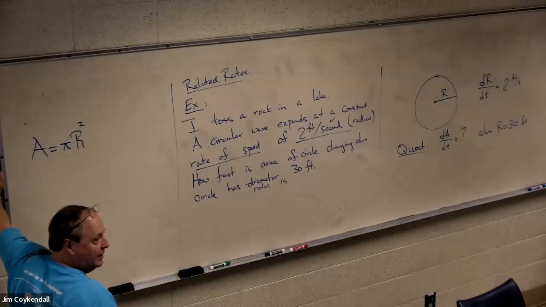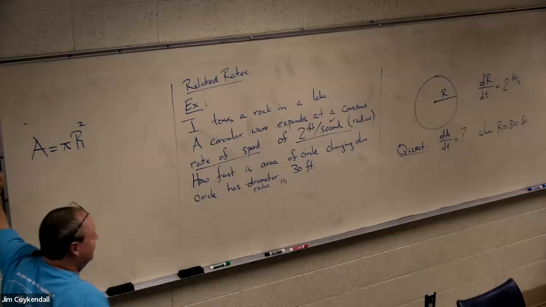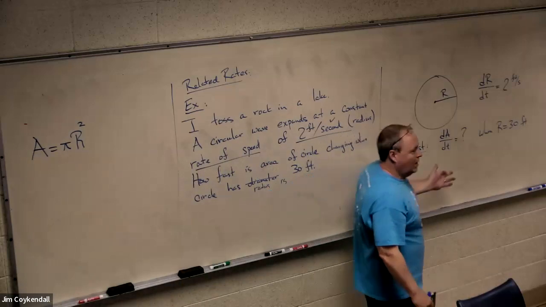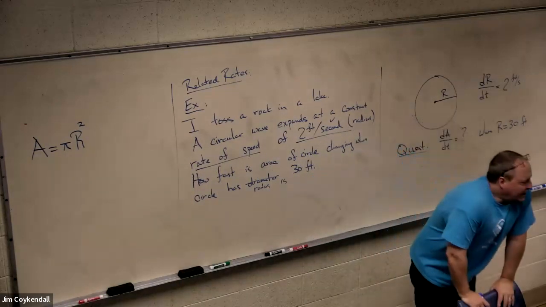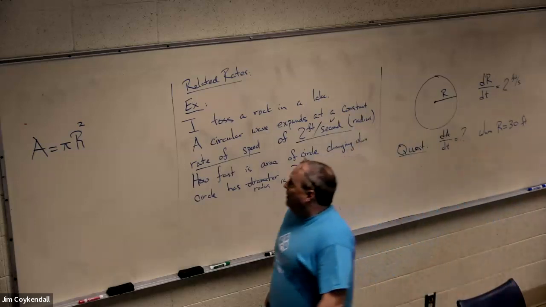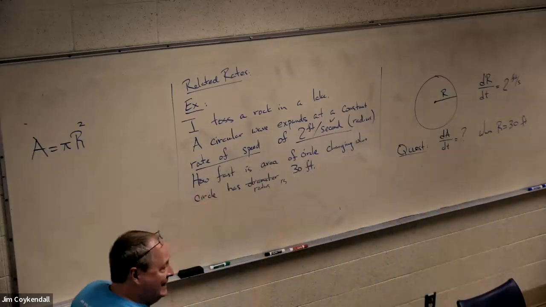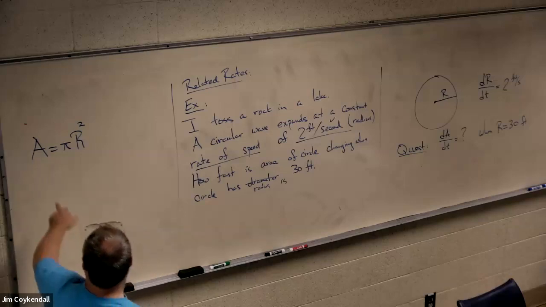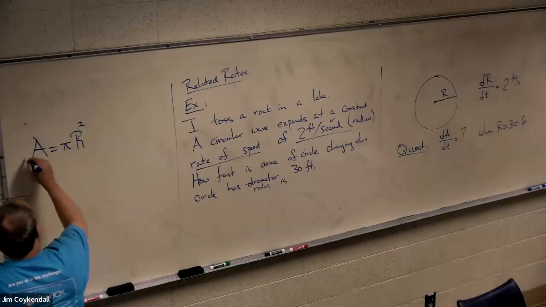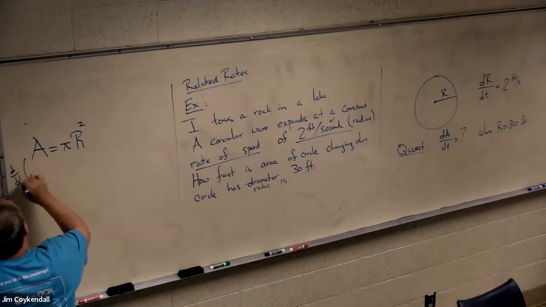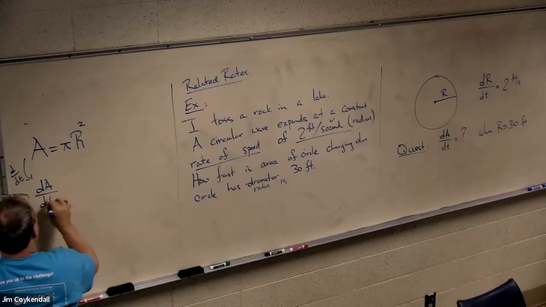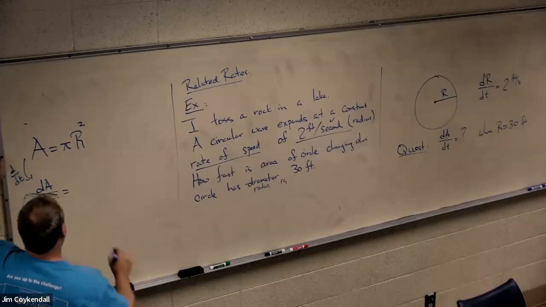There you go. This gives me a crucial equation. Now, I don't exactly want A, what do I want? Well, my quest is the dA/dt, right? So how am I going to get the dA/dt out of this? Take a derivative. Well, let's d/dt this thing, and dA/dt is equal to pi